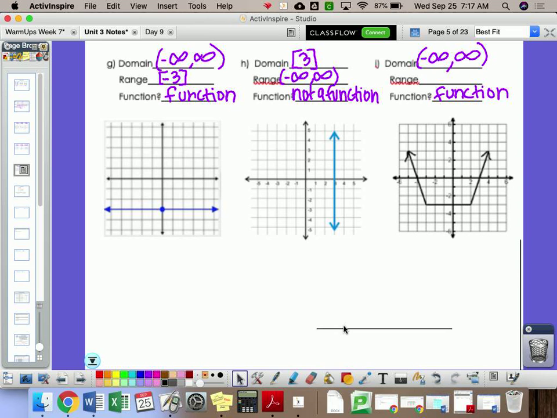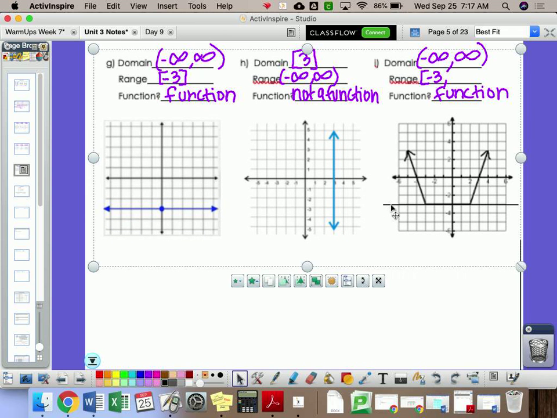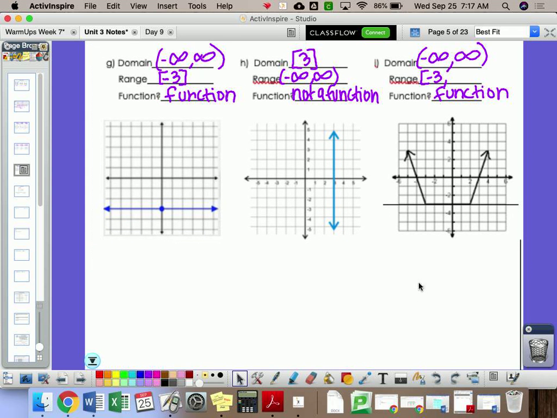Okay, then my range with my horizontal line. If I drag this across, the first place I start hitting is right here, which looks like it's the y value of -3. And I'm touching that with no open circles, so I'm going to use a bracket. Then when I continue to drag that line across, I can see that the last time that I touch my graph is when I'm touching arrows, which means